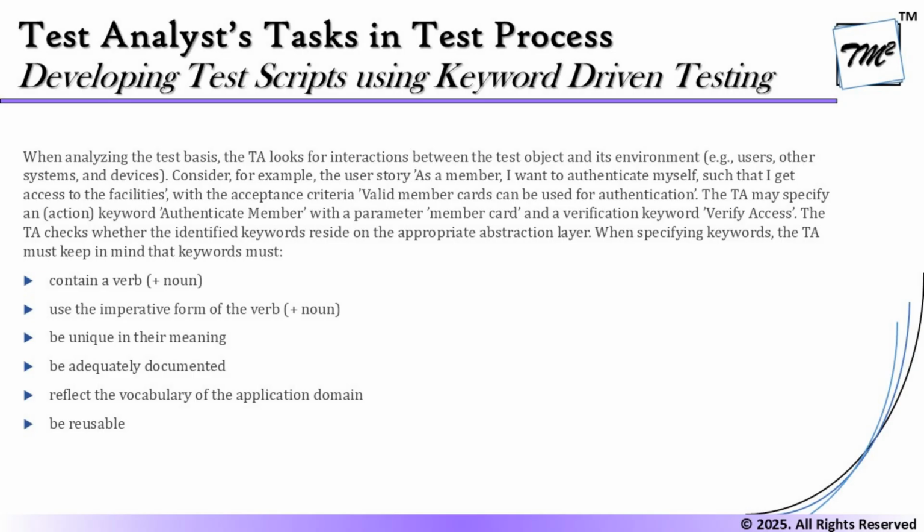And here the test analyst may specify an action keyword like authenticate member with a parameter member card and a verification keyword verify access. Now the TA, that is test analyst, checks whether the identified keyword resides on the appropriate abstraction layer, and when specifying these keywords, the test analyst must keep in mind that keywords must have all this information. So one way, we are just giving you a quick structure of what exactly the keyword should look like